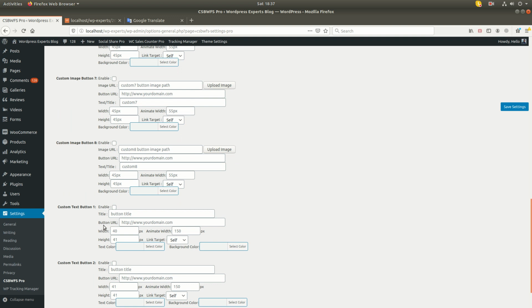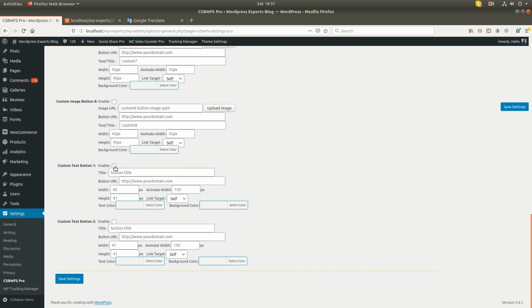Let's say if you want to use a custom text button like call us. In the same way, I am going to add a link, wpexpert.in/contact.